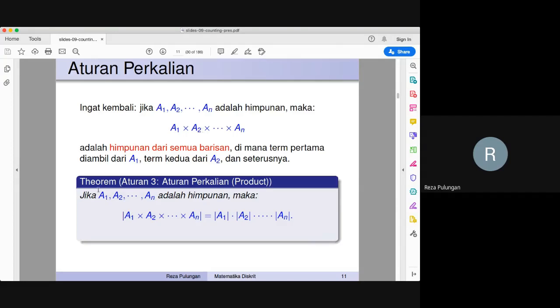The product rule says that if A1, A2 until AN are all sets without conditions, then the number of elements, the cardinality, the size of A1 times A2 times and so on until AN is just equal to the product of each cardinality. So the size of A1 multiplied by the size of A2 and so on, multiplied by the size of AN. So this is easy: the product is converted to multiplication.